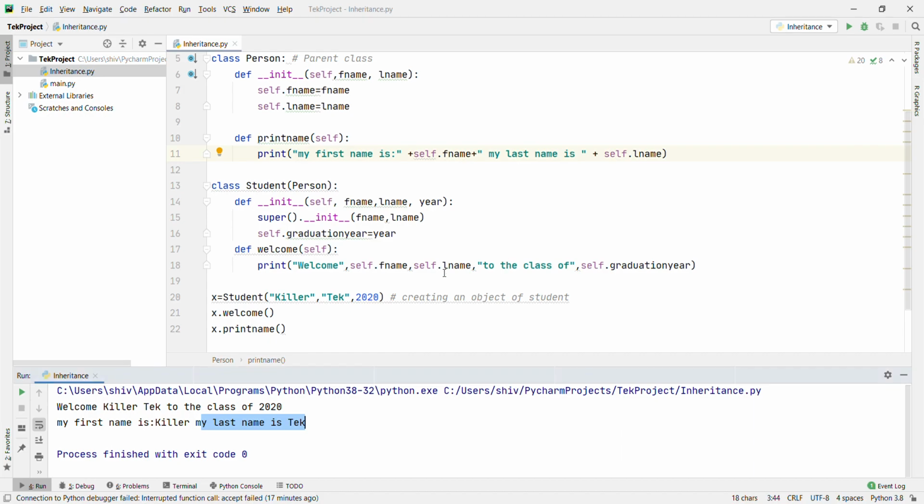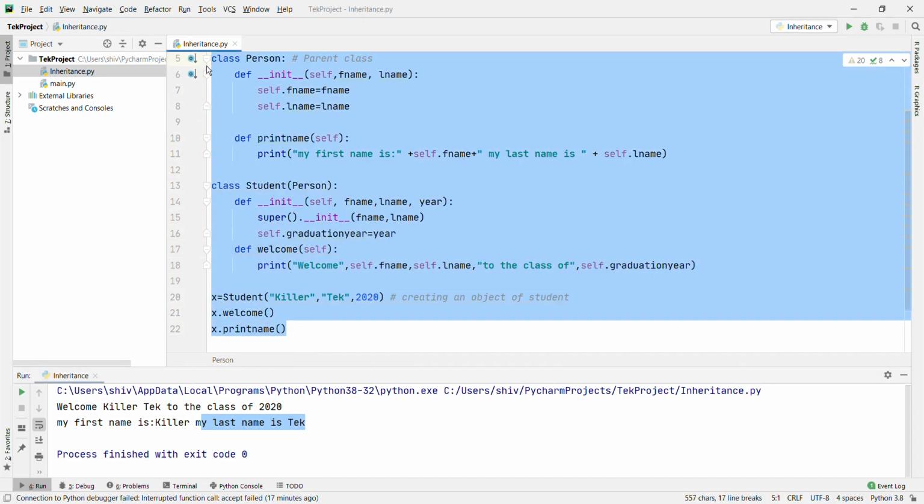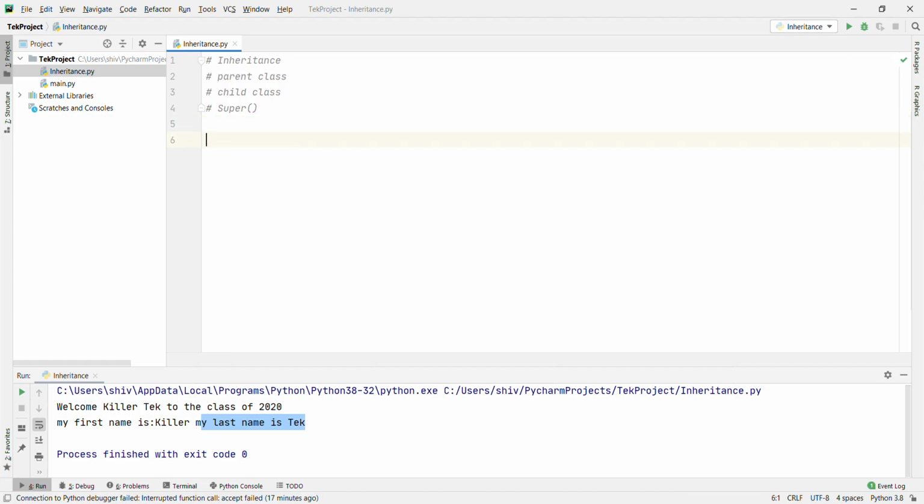Now we'll go with one final example so that we clear all of them one by one: parent and child class. Okay, let's create a parent class and a parent attribute equal to 100. Now we are going to define init, and this will print "calling parent constructor".